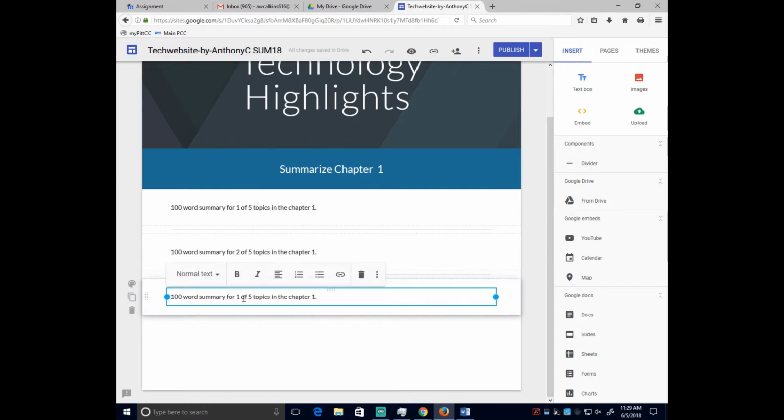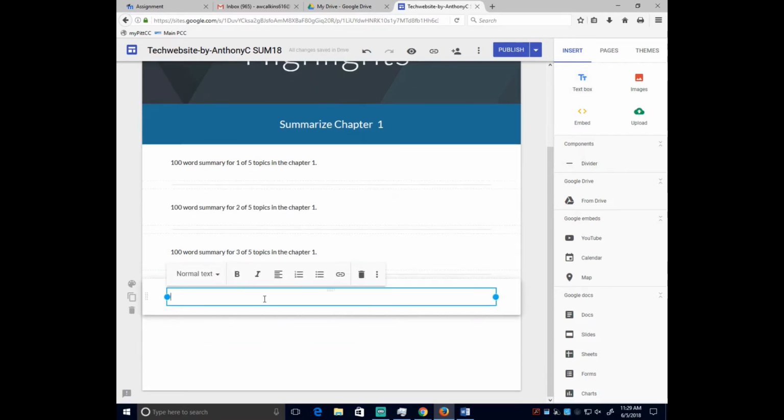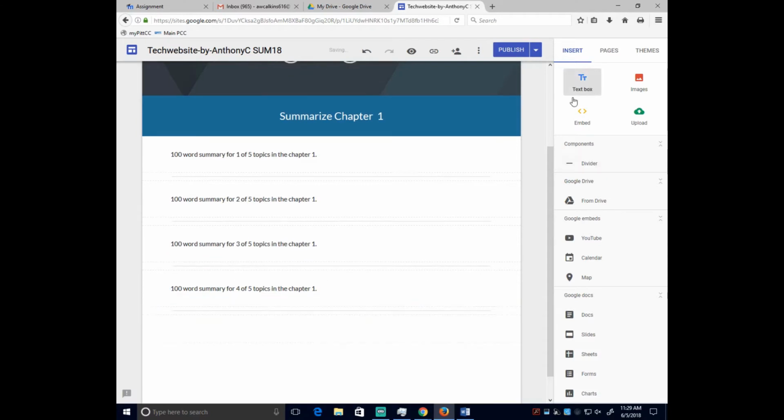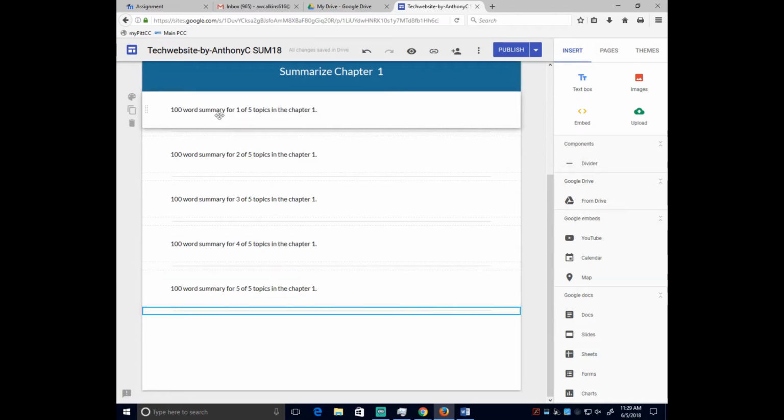The dividers are hard to see right now because they're not colored, but it's kind of nice when you're actually looking at your website to have the different sections divided with that little line. It's small, but it makes a big difference when a user is coming to your site to actually read material or look for information. Alright, so we're going to have our 5 topics like that,